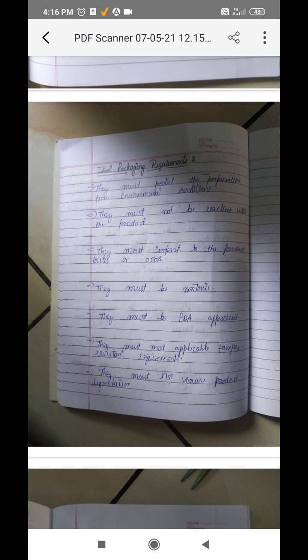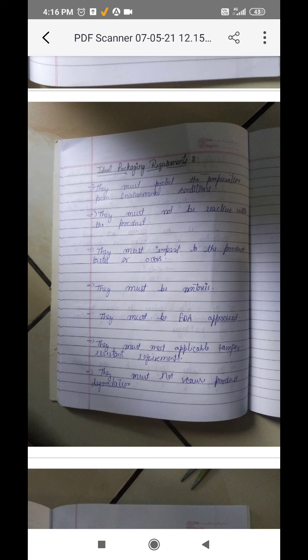They must not cause product degradation. It means that the pharmaceutical packaging material which we use for the storage of pharmaceutical preparation should be inert, should be non-toxic,